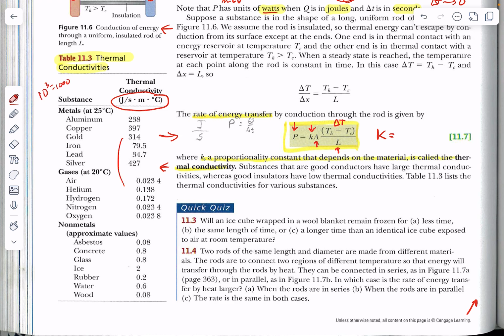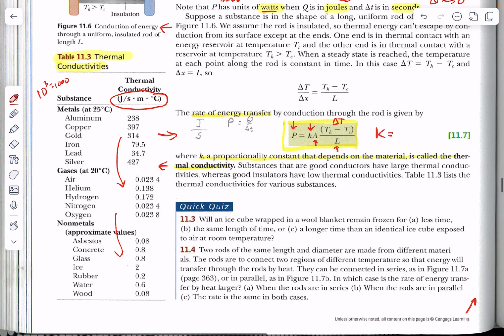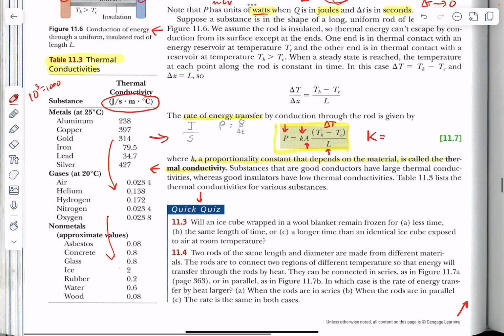And you can see that your gases very roughly have a thermal conductivity about 1,000 times less than the metals do. Gases are about 1,000 times less in their thermal conductivity and their ability to conduct heat from one place to another. Non-metals would be non-conductors, and they are a little bit more than the gases, maybe by a factor of about 10 or so, roughly speaking. Again, this is a good place to pause and take your quick quiz and see how you're doing in terms